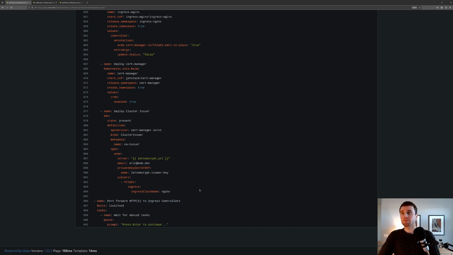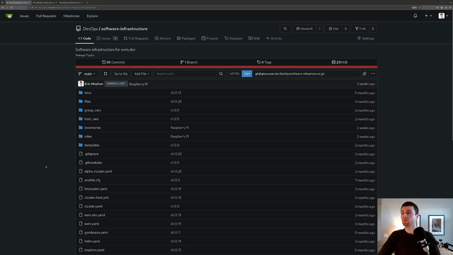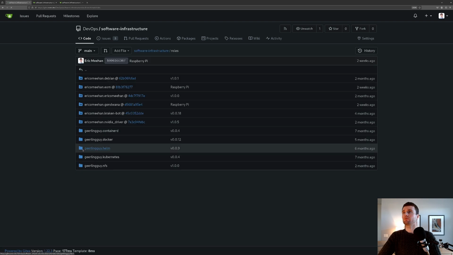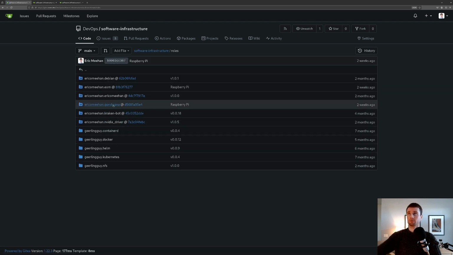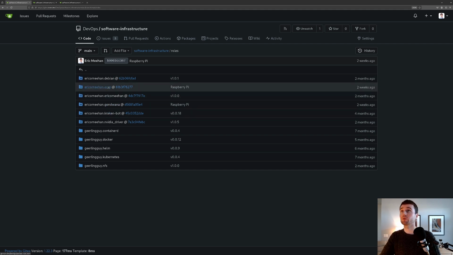And actually, this script is a little bit out of date because we're missing the very last and potentially the most important step, which is the Ansible role for deploying each service. Those actually live within the same repository, but this is a submodule. I'm curious, is this going to bring me